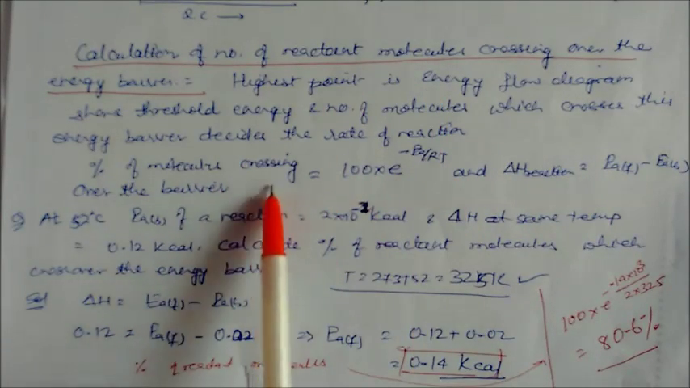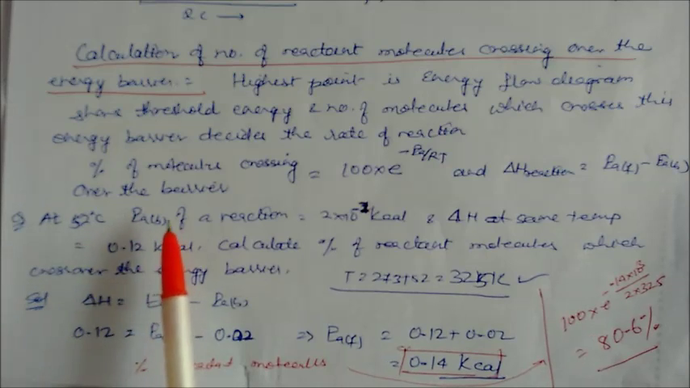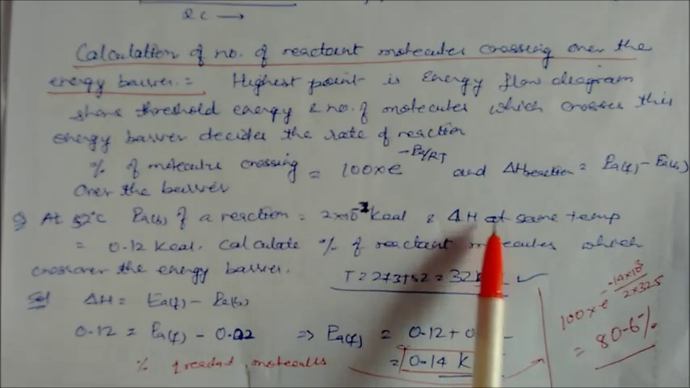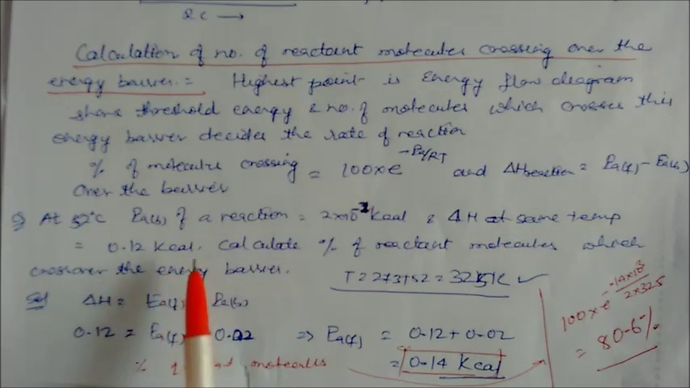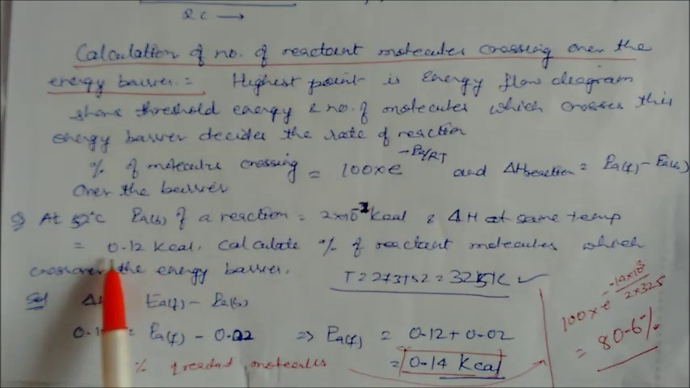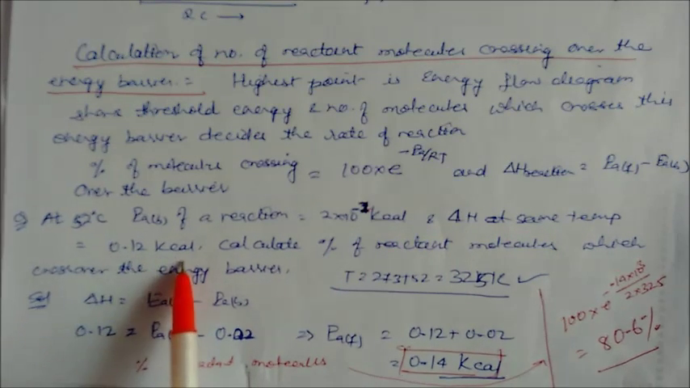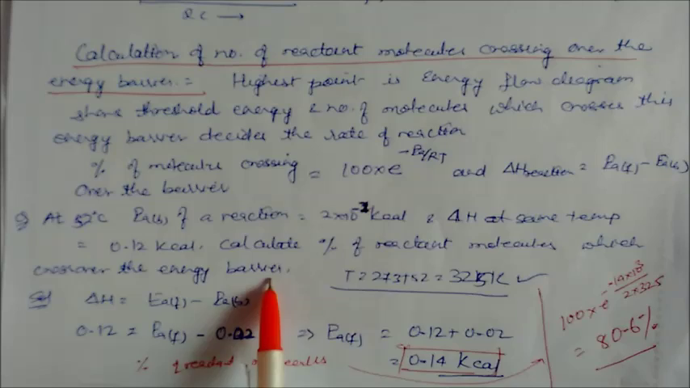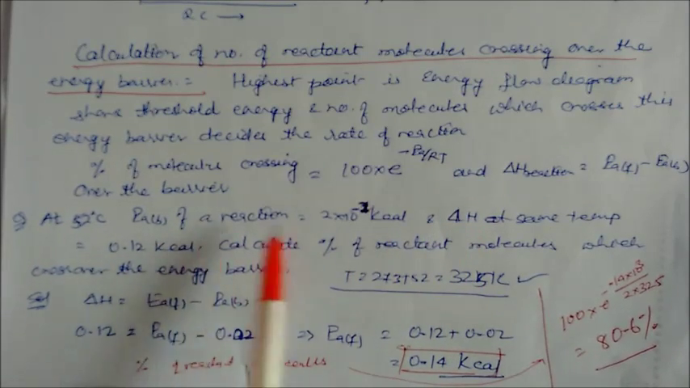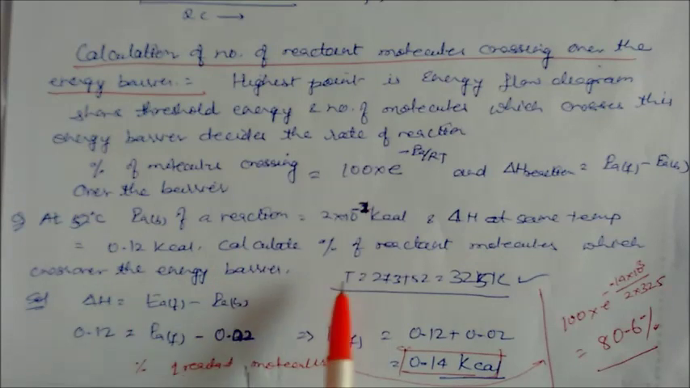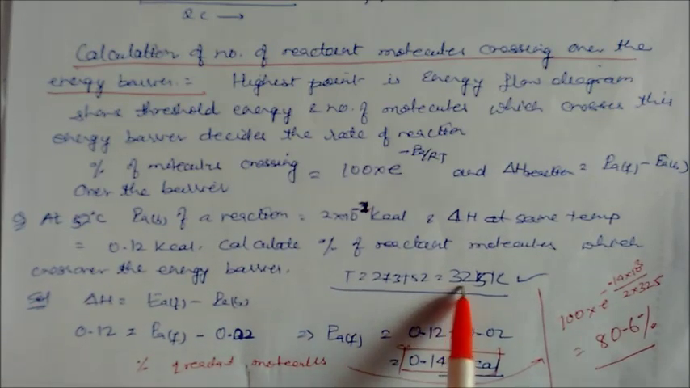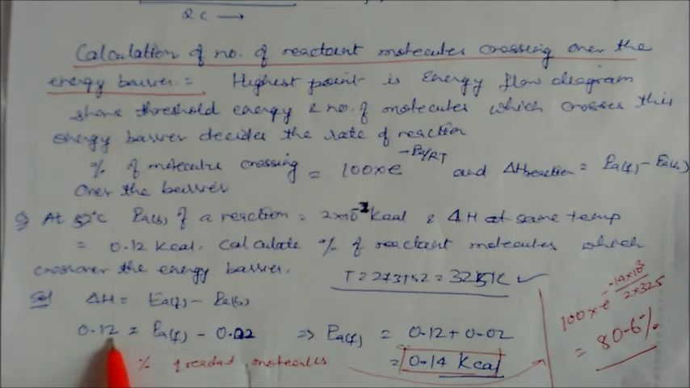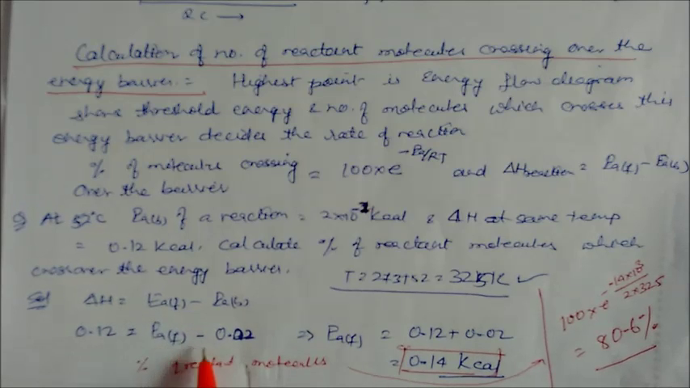So let us see the numerical. At 50 degrees centigrade, the activation energy of the backward reaction is 2 into 10 power minus 2 kilocalorie, whereas delta H at the same temperature is 0.12 kilocalorie. Calculate the percentage of reactant molecules which cross over the energy barrier. So delta H is this much and EAB is this much. We can write the temperature as 273 plus 50, that is 323 Kelvin, and delta H is EAF minus EAB. This is given as 0.12, and EAF minus the activation energy of